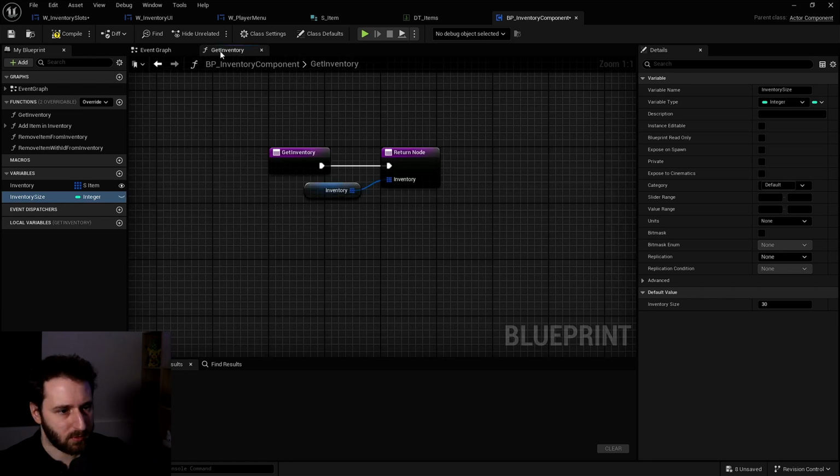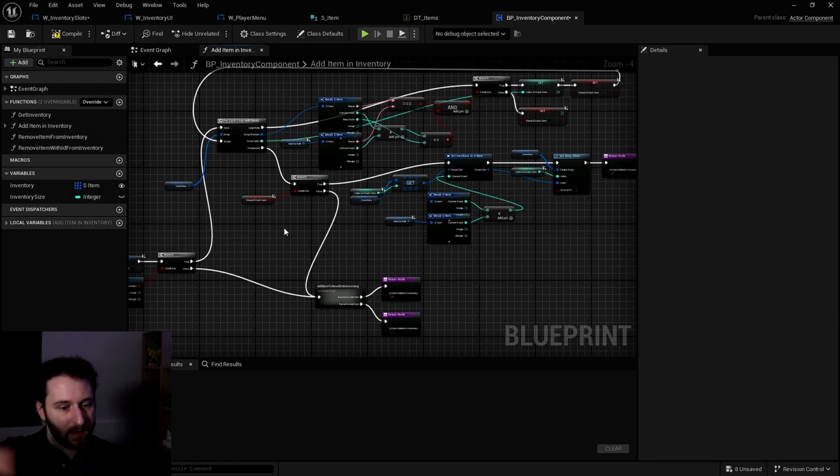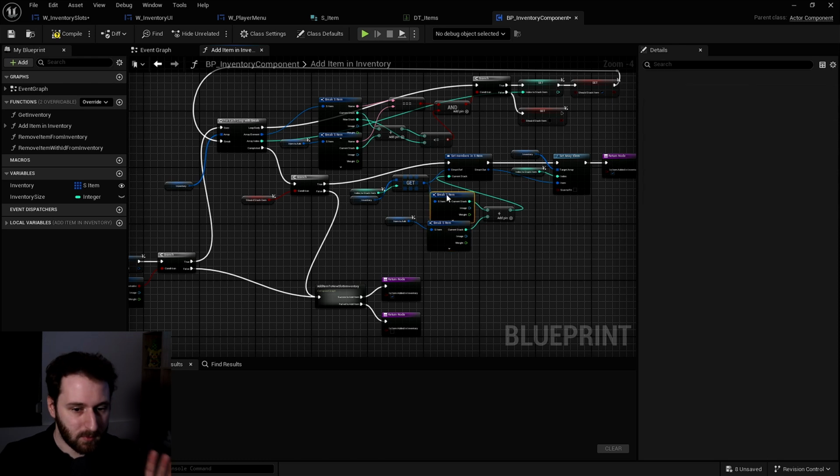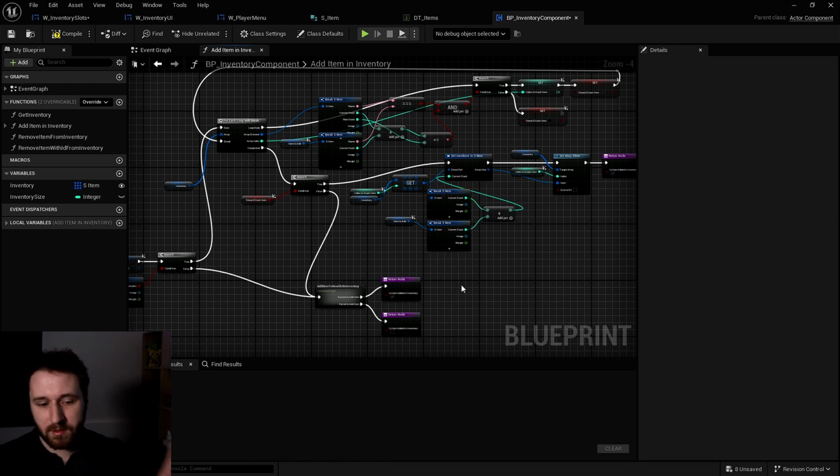We just close all of this up. We were basing everything on the inventory size. We have the size of 30, and when we add more than 30 items, we will not be able to pick that item up. Now we don't do that anymore. We will pick up everything that we want, and if we have too many items, if the weight is too much, the character will go slowly, or will not move at all. We will not do that today. We will just add the weight, and for the character stuff, we'll see that in another video.